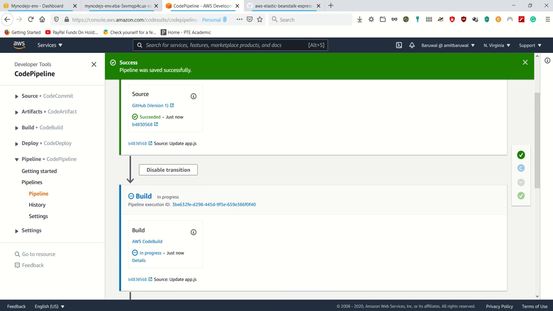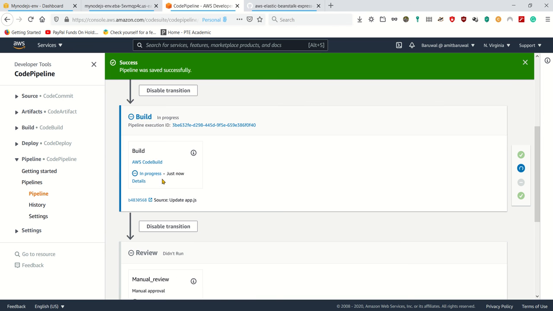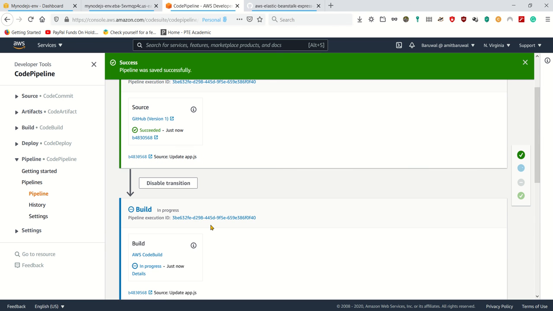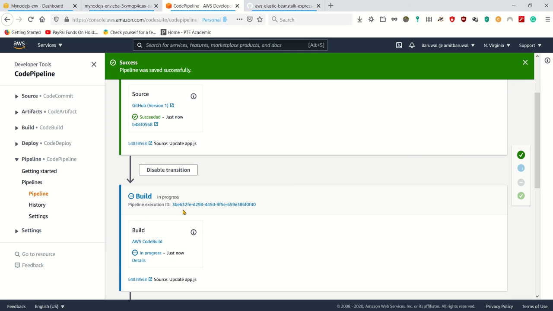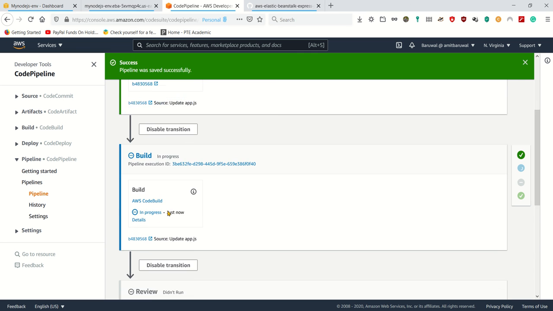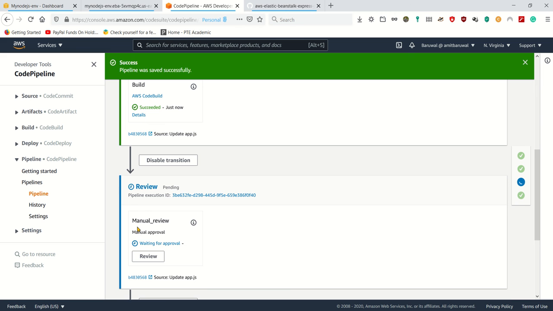Pipeline, it's gonna say review. It didn't trigger. Yep, the source has already succeeded. Now it's building in the build process. So now when it's in the manual, so let's see. So this is the